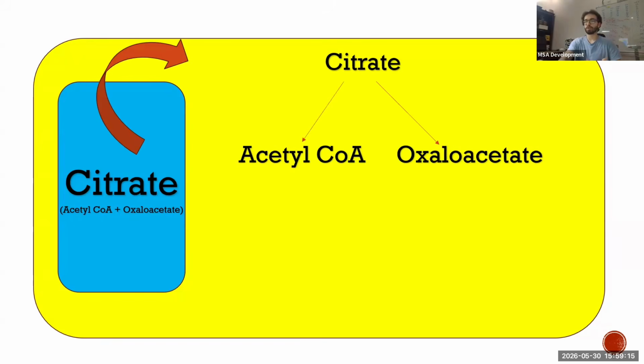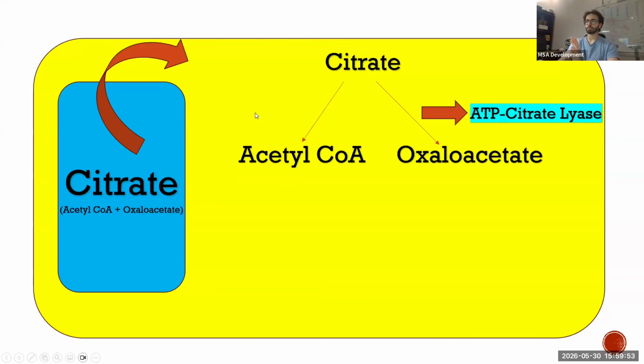Unfortunately, it's a complex process. In an ideal world, acetyl-CoA would just leave on its own to the cytoplasm, but it can't do that. It has to be in the form of citrate, and citrate is the molecule that can freely leave the mitochondria, and then this citrate will divide once again into acetyl-CoA and oxaloacetate. And this is actually the first step of fatty acid synthesis. I want you guys to remember that this breakdown in the cytoplasm happens through the enzyme ATP citrate lyase. And this enzyme will break down citrate into acetyl-CoA and oxaloacetate.